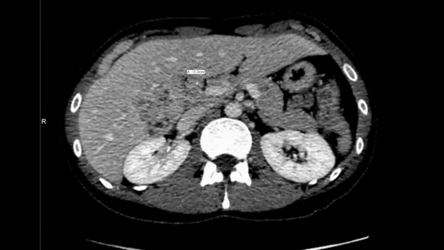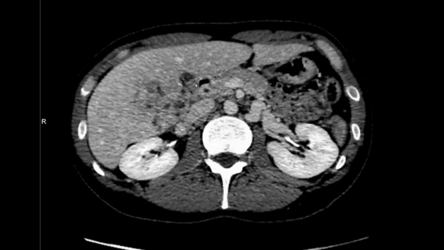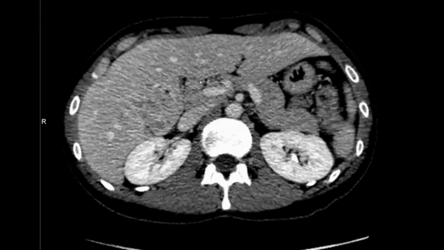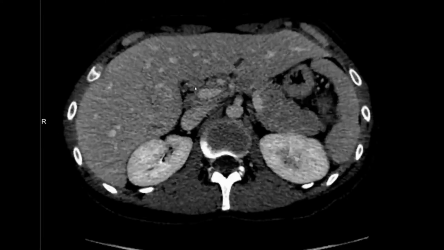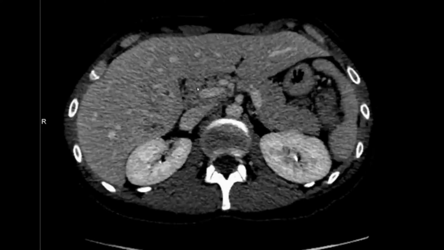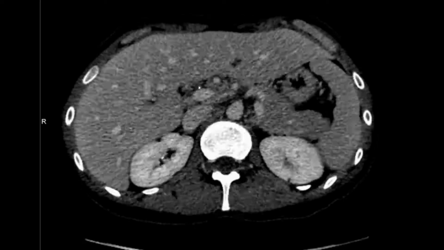If you notice here, I put a measurement on it already, which should be the first clue. It looks like it's kind of bordering the liver, but doesn't look similar to the liver parenchyma. If you really are unsure, you can look at it on the arterial phase and portal venous phase and make sure that it doesn't look like the liver. But in this case, it's nice and round. It measures 13 millimeters, so that's highly suspicious as a